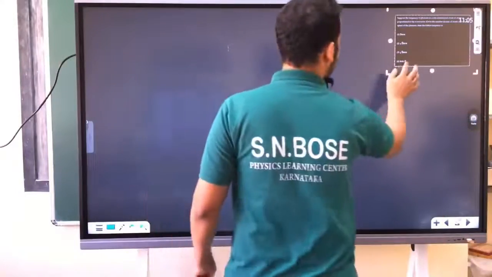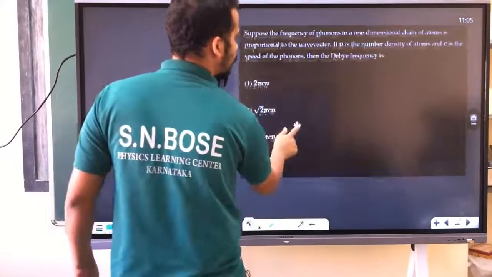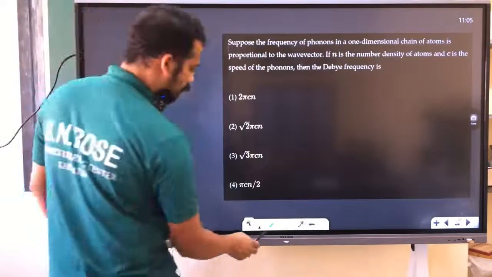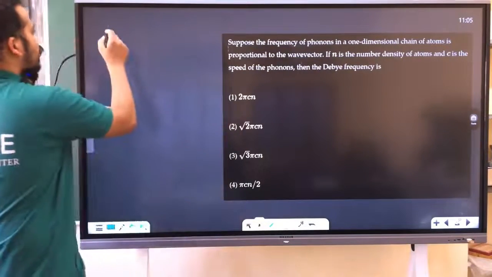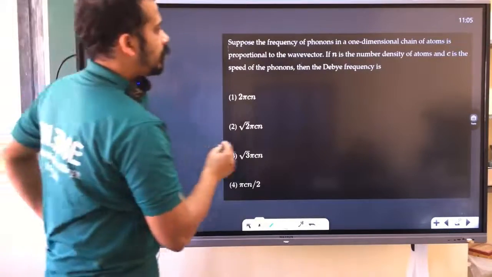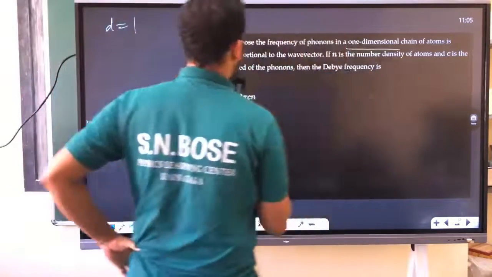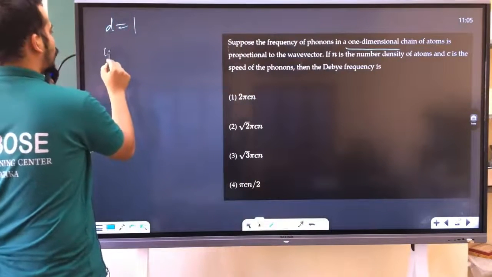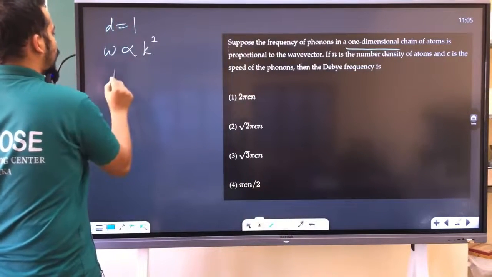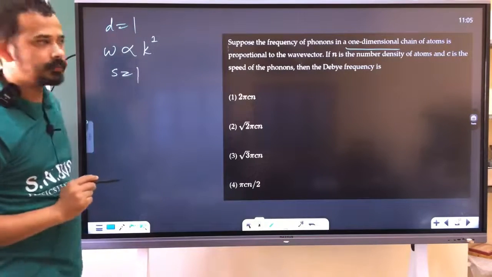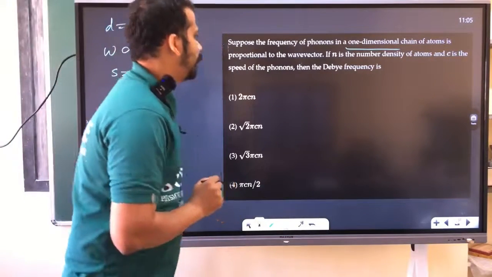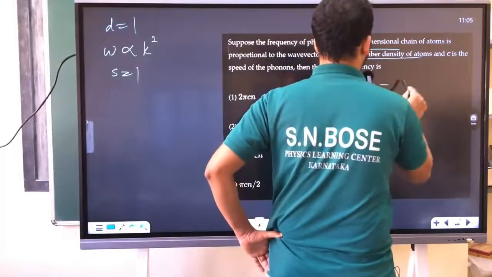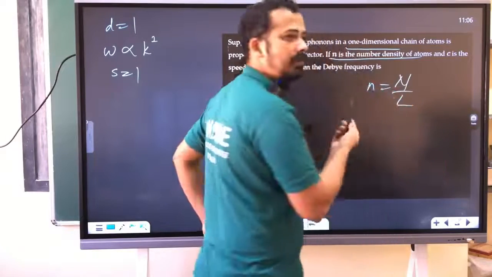What was this question? Suppose the frequency of phonon in a one-dimensional chain of atoms, okay, one dimension, D equal to 1, is proportional to the wave vector. That means omega is proportional to k power 1. That means S is equal to 1. Then the Debye frequency. He's asking directly. N is the number density of the atoms, number per length actually in one dimension, what you define,